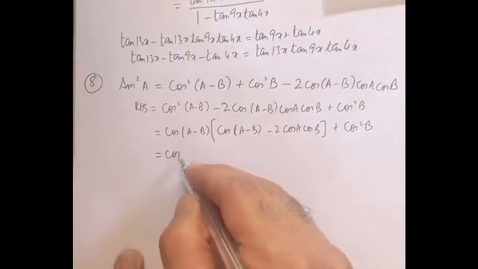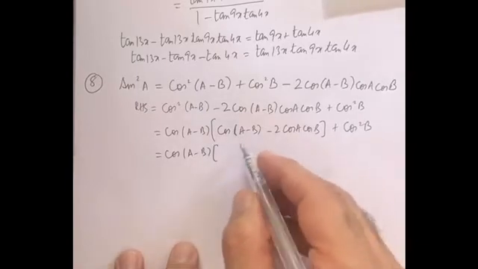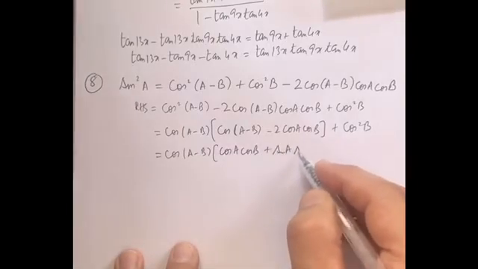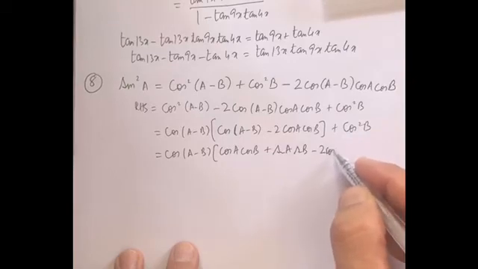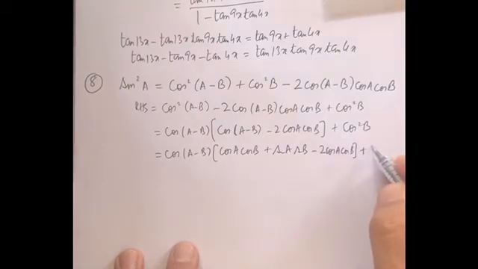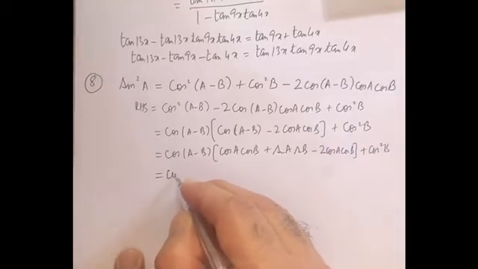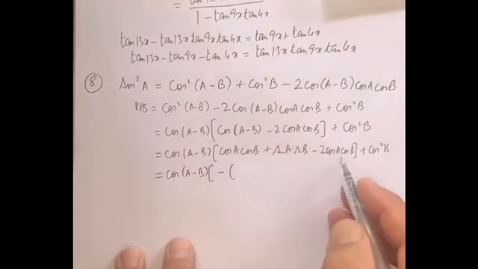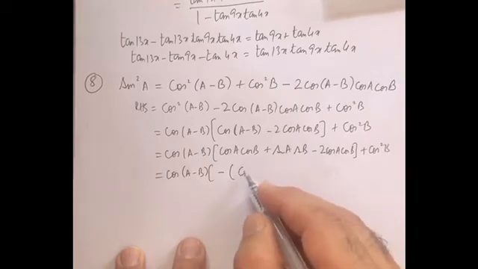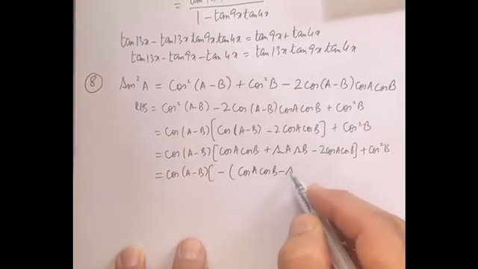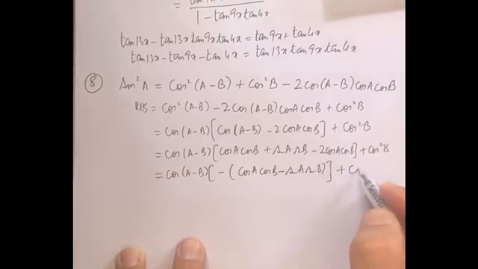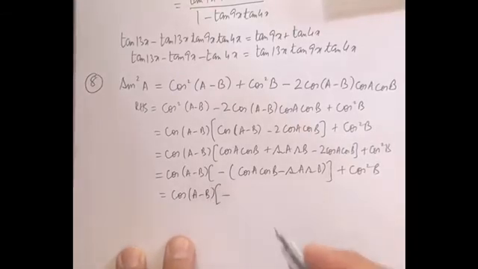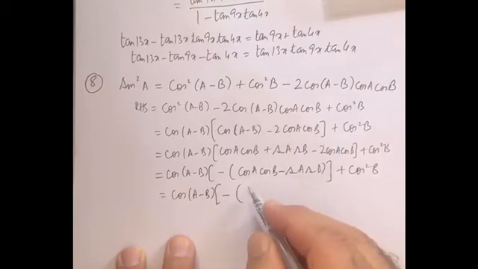This is cos of A minus B. Expanding cos of A minus B, it is cos A cos B plus sin A sin B, minus 2 cos A cos B, plus cos square of B. This is cos of A minus B. Taking the minus sign common, this is cos A cos B minus sin A sin B. So let's write cos A cos B minus sin A sin B, plus cos square of B. This is cos of A minus B, times minus of cos A cos B minus sin A sin B, which is cos of A plus B,